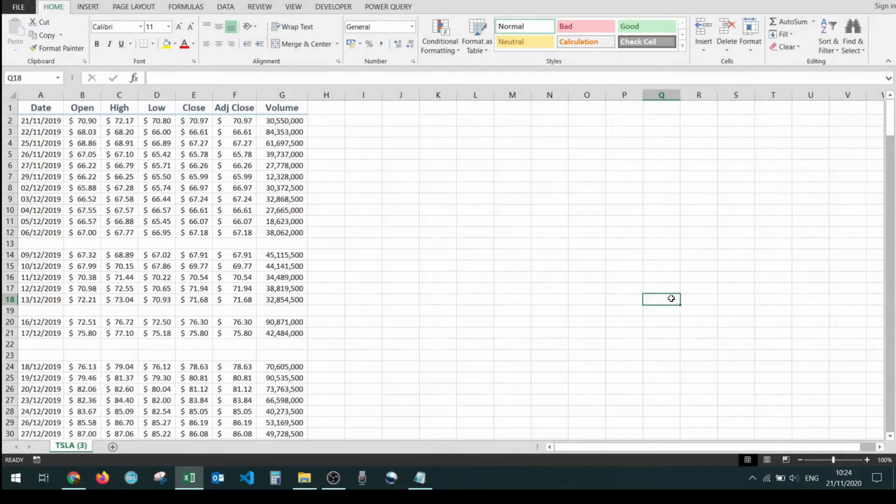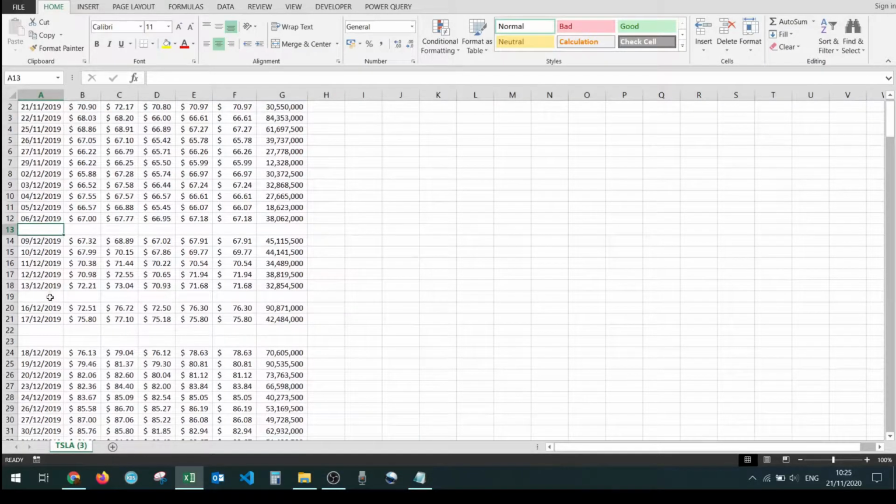In this tutorial, we're gonna see how to remove blank rows from data in Microsoft Excel. I have some data right here that I downloaded from Yahoo Finance. It is the historical price of Tesla for the past year, from 2019 up until yesterday. And if we look closer, you can see that we have some blank rows over here on row 13, 19,